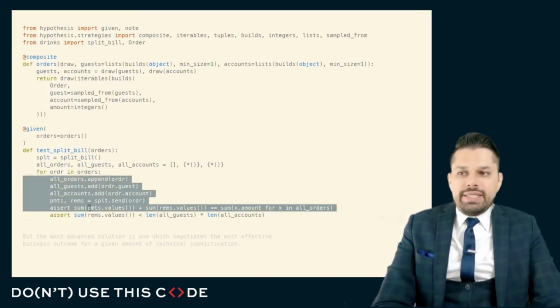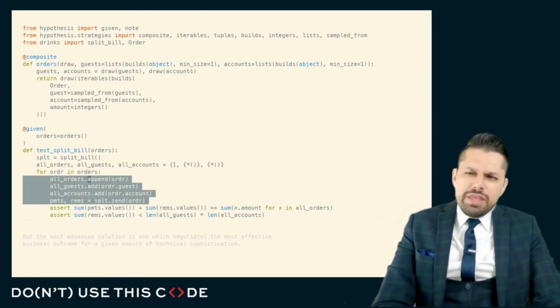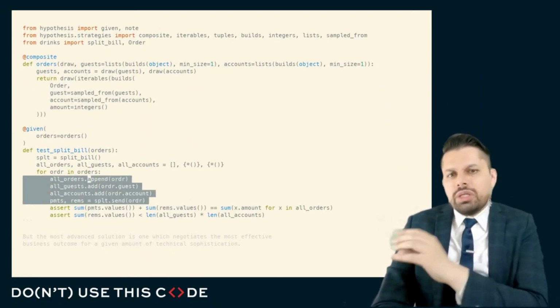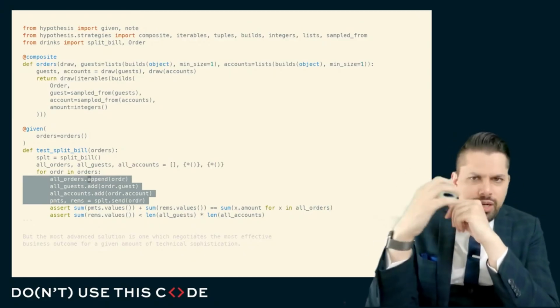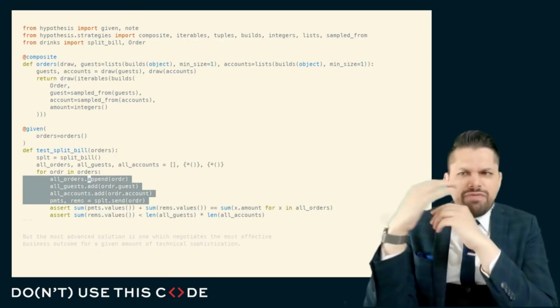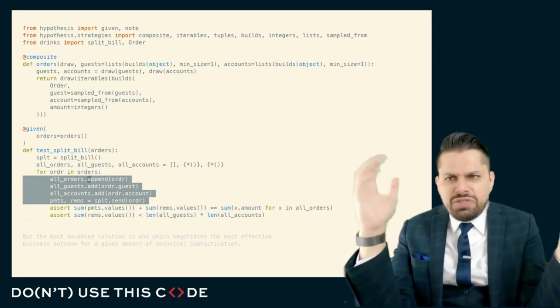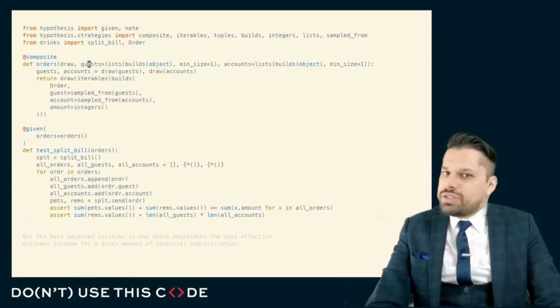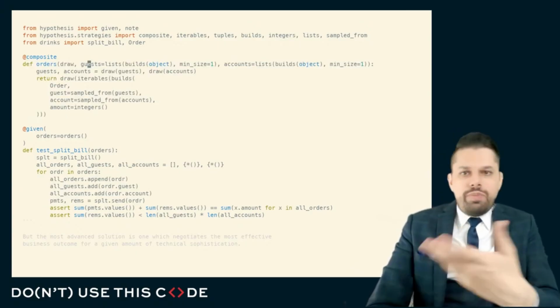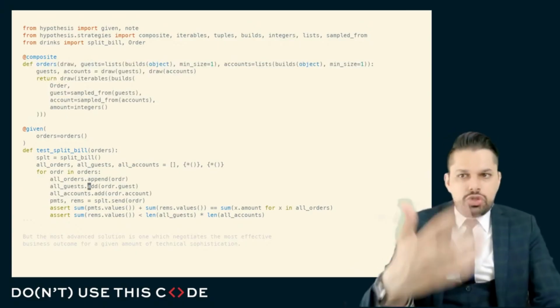Well, with this, we can test quite a few different things. This logic is not altogether too dissimilar from the logic in the code itself, so we might need to think a bit about if we can improve this test here. Although part of this logic here is just tracking how many orders we've seen, how many guests we've seen, because we're not guaranteed that the sequence of orders is finite anymore. And so, of course, we may not know all of those up ahead of time, so we may need to track those as we go.